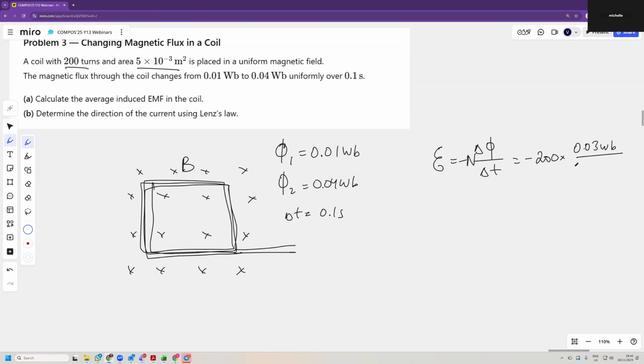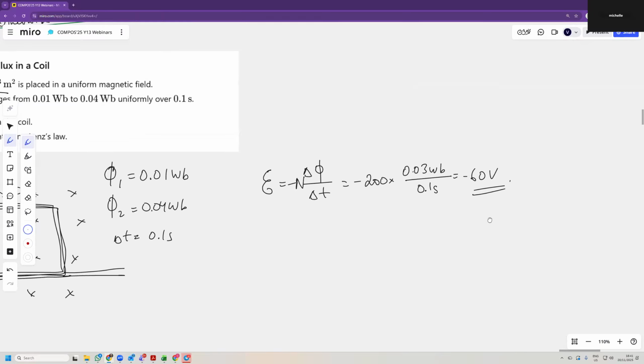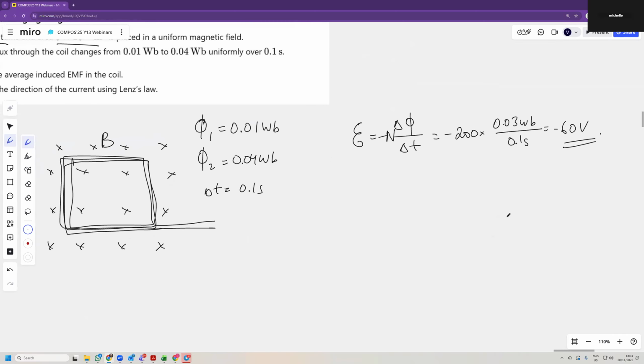That's 200 times 0.03 times 10, so 60 volts, minus 60 volts. Now, the minus doesn't really make sense, because what do you mean by minus 60 volts? Well, the minus just means that the current will oppose